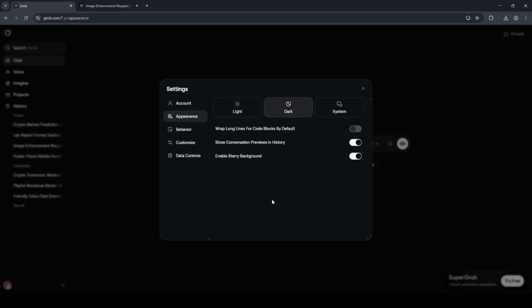Your choice should persist, so the next time you open Grok, it will remember your preference. If you ever want to go back to a brighter look, return to the same appearance area and choose Light. And if Grok updates its design in the future, the path will be similar. Open Settings, head to Appearance,